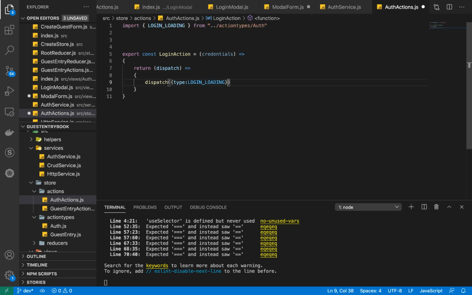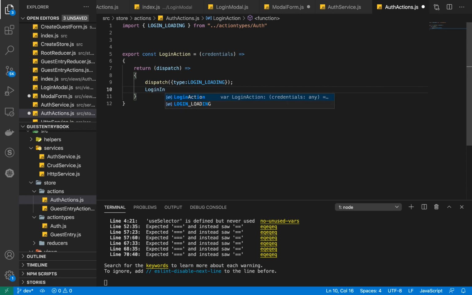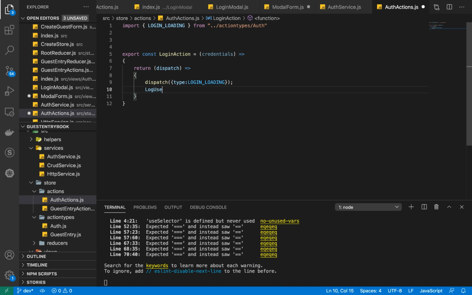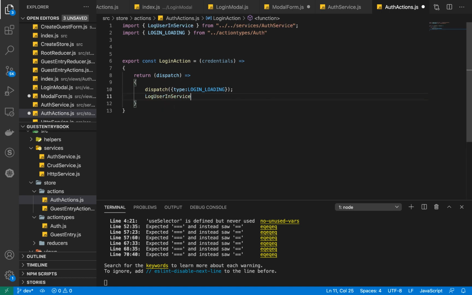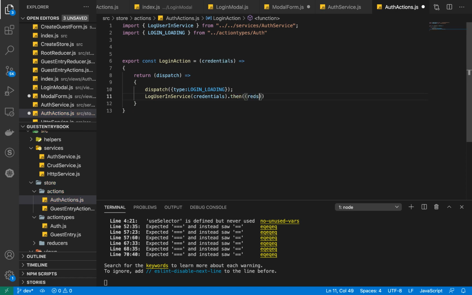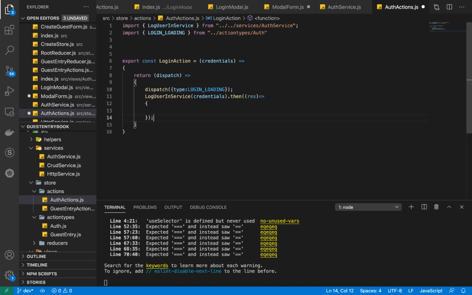So what happens is once this user triggers this request, it's going to load. So we want to basically call our login loading. Then we are going to call our login user. So our login loading is going to be loading until our API is done fetching the data, and then we're going to call our log user in service, and our log user in service takes our credentials, and of course it returns a promise too. So we have our response here. Okay, and then we are first going to log our response to the